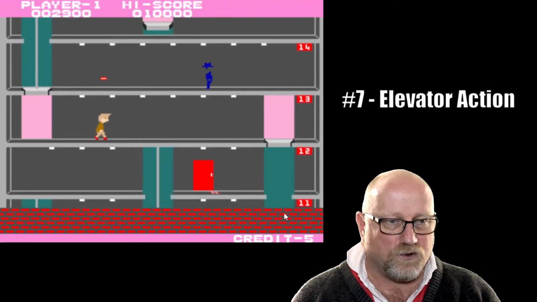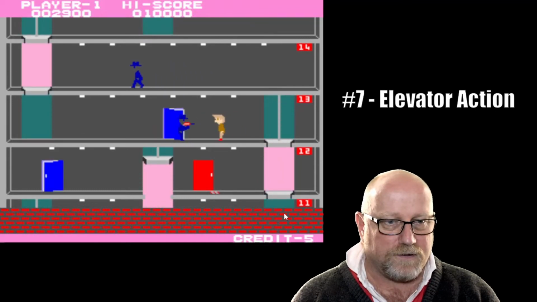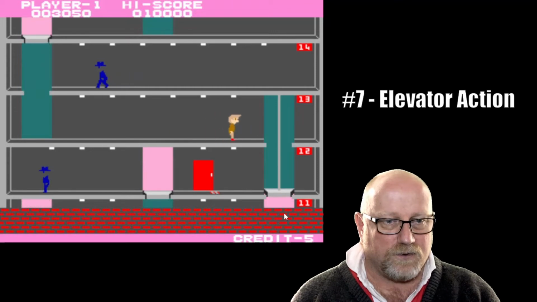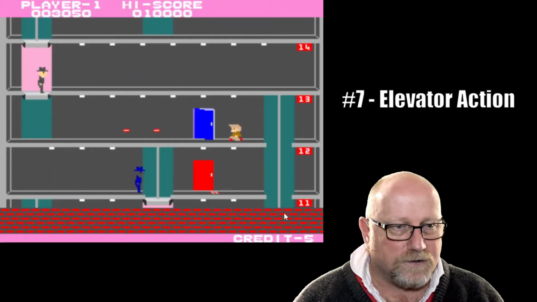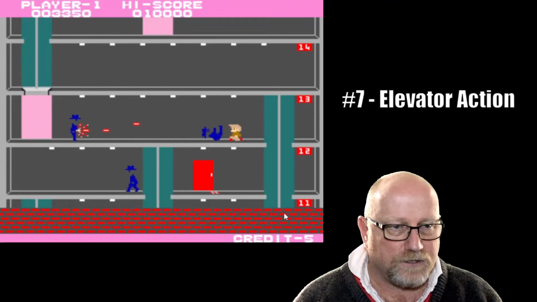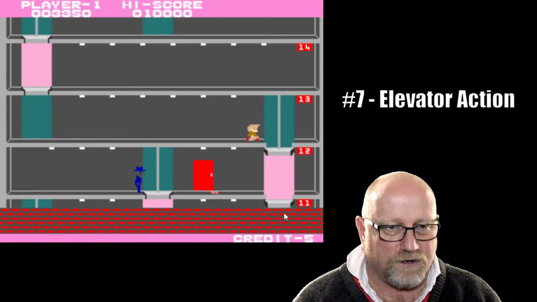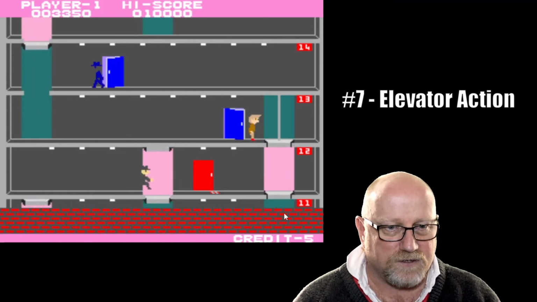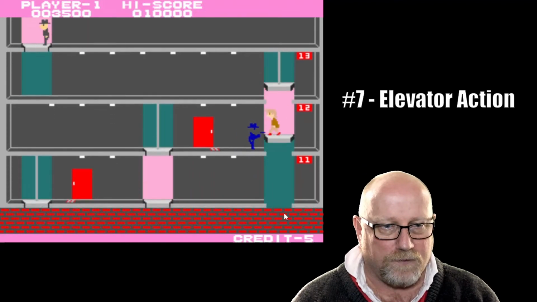Maybe we can get right to the end of this first level, maybe, but the lift has gone down and you can't jump on that. So, right, crouch, there we go. Crouching, crouching, crouching, crouching, shooting. Level 13. I think we're already on our last man, so it's probably not going to happen that we're going to...